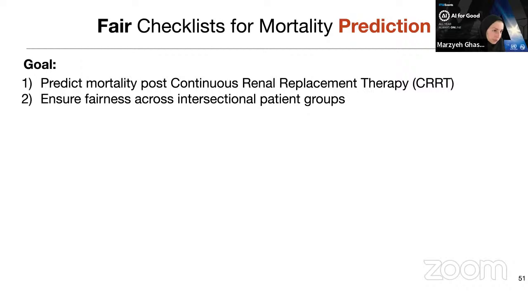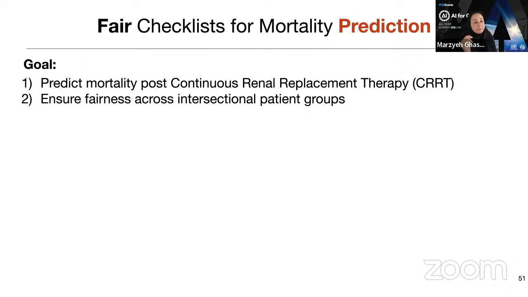And so we want to predict this so that if, for example, there's a high risk that you'll die after you get CRRT, they offer you end of life comfort measures and you don't die on this treatment. And so the goal is to trigger a multidisciplinary consult where the care team is told, if you give this treatment at end of life, the patient's likely to die, consult with the patient and the patient's family and others